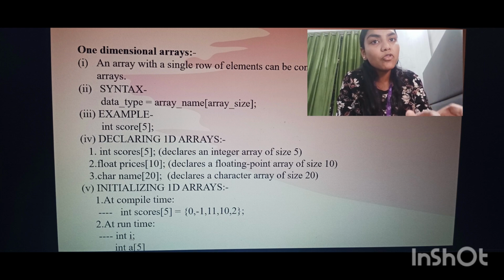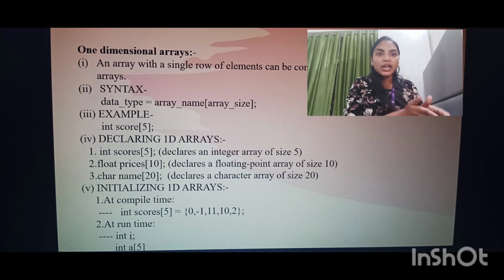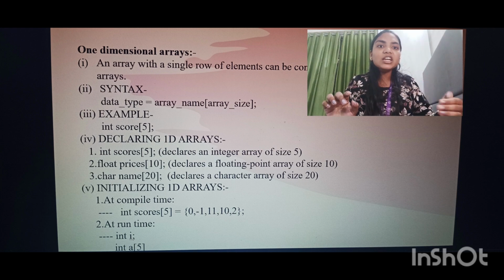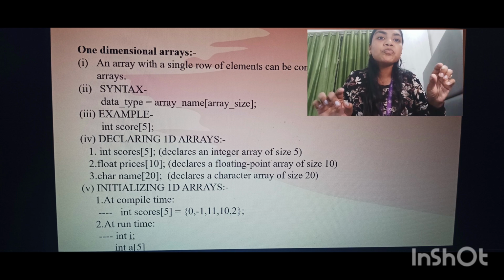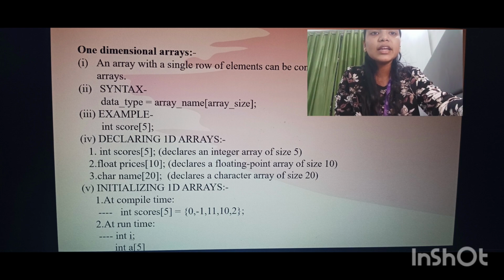Second example is of float and size is 10, and third example is of character of size 20. Initialization. In initialization we have two types, at compile time and at runtime. At compile time, we will declare something, after that we will initialize it using an operator, that is equal to. In this you can see that at compile time